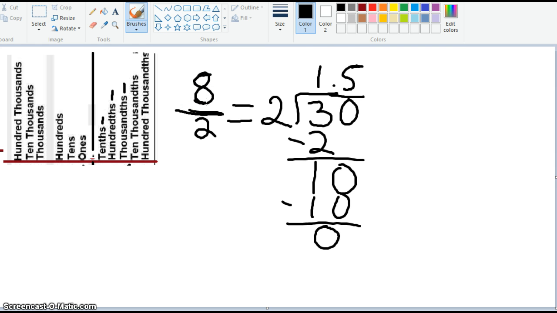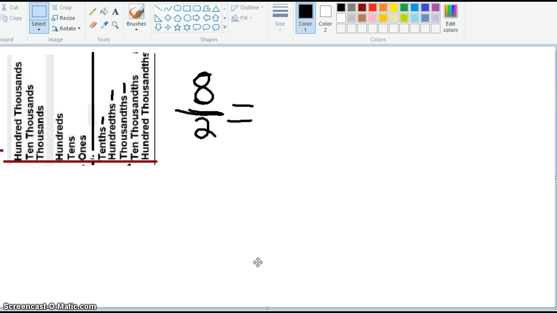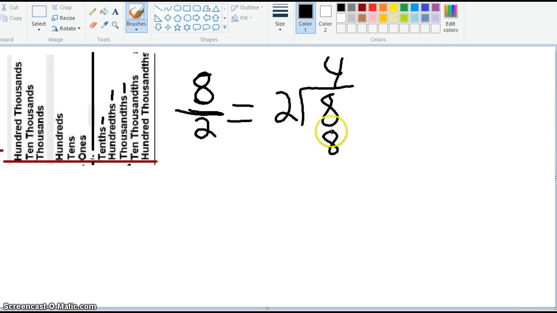Well, that makes life easier because now all we're really doing, if you think about this, is it's even. So we're going to end up with a whole number with no decimals afterwards. In this case, I would simply divide 2 into 8. I know 2 times 4 is 8, and that's 0. Now, if I were to ask you to show me the answer up to the thousandths point,